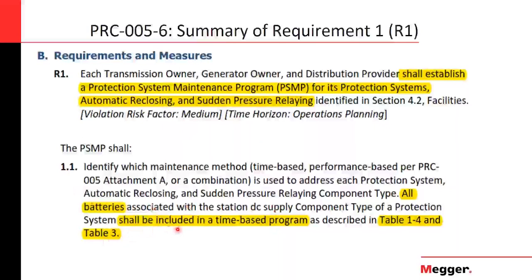So one sub-item of this requirement is that the battery systems shall be included in a time-based program, which is already established in tables 1.4 and table 3. Now, one thing about this standard and these requirements is that for any other system or element covered by this standard,